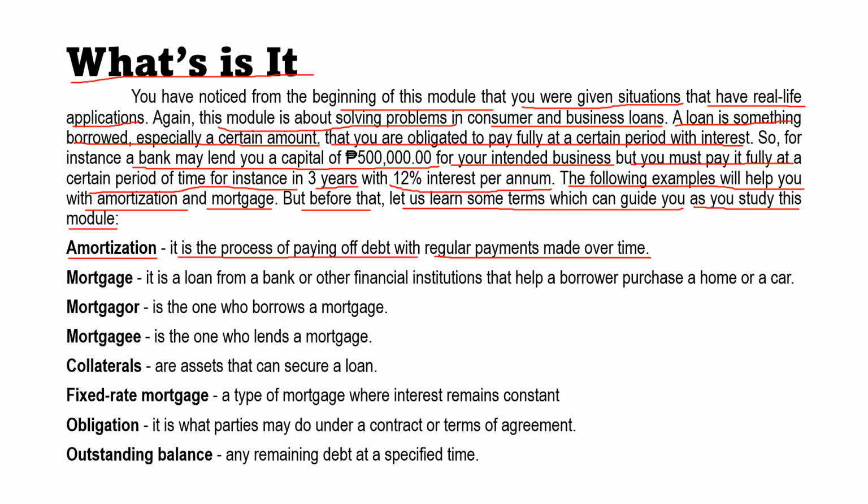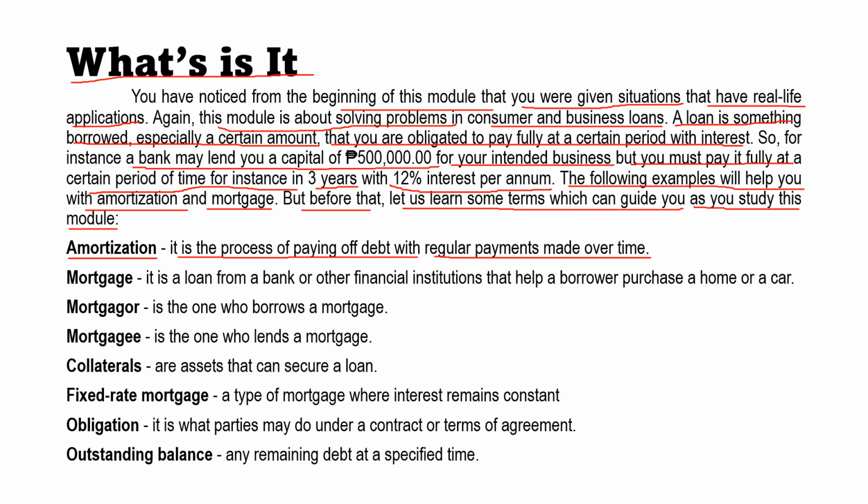The term is used for two separate processes: amortization of loans and amortization of assets. In the latter case, it refers to allocating the cost of an intangible asset over a period of